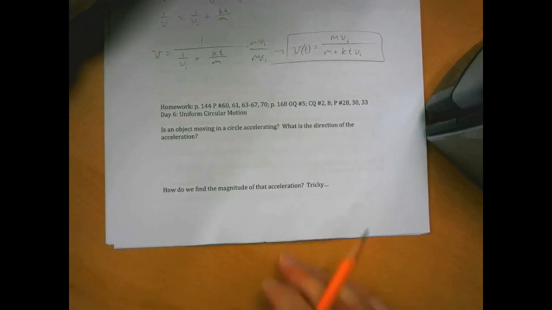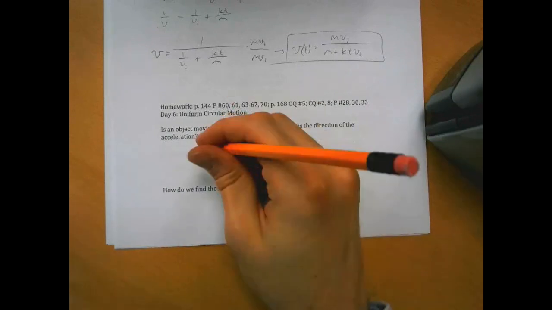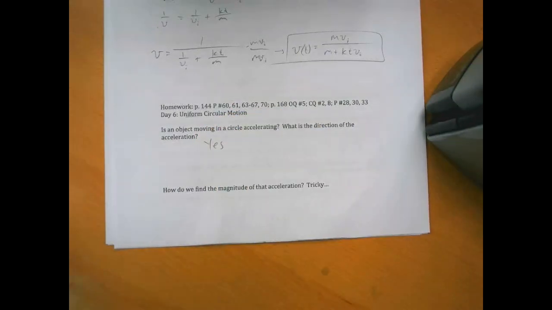All right, today we're going to be dealing with uniform circular motion. Uniform meaning constant speed. So the first question is something that we dealt with earlier in the year. Is an object moving in a circle accelerating? Well, we know the answer is yes, because remember, acceleration is a change in velocity,